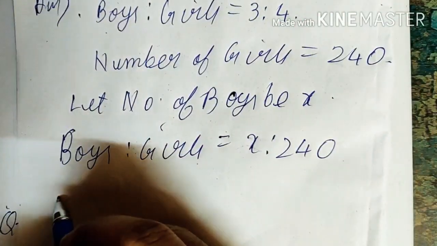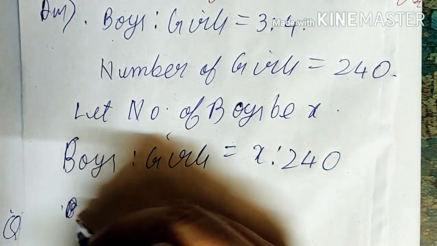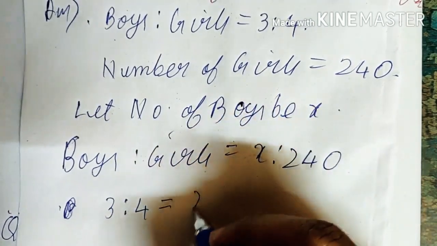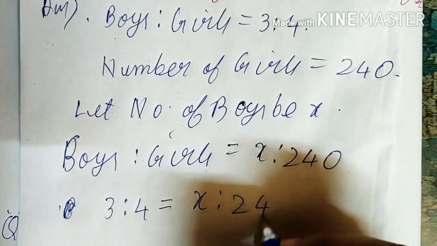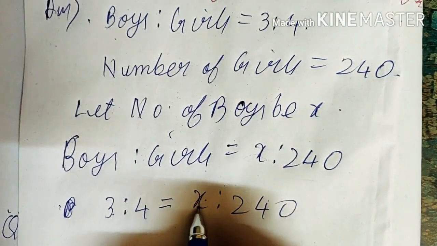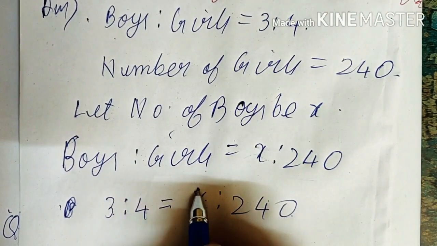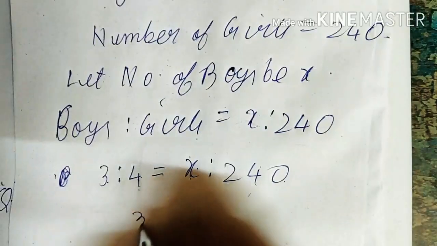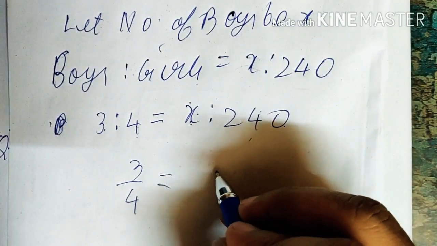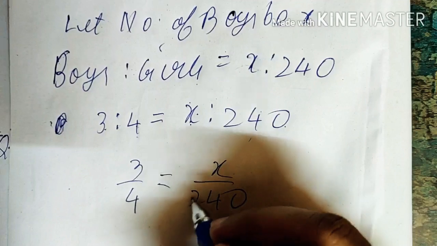So if we can see that these both are for the same thing, that is 3:4 is equal to x is to 240. If we can see that 3 was boy and 4 was girl, then x was boy and 240 were girls. Then 3 and x are coming at the same place, 4 and 240 are coming at the same place. That is 3/4. 3 in the numerator is boy, and girl in the denominator. Here boy in the numerator and girl in the denominator again. So they are coming at the same spot.